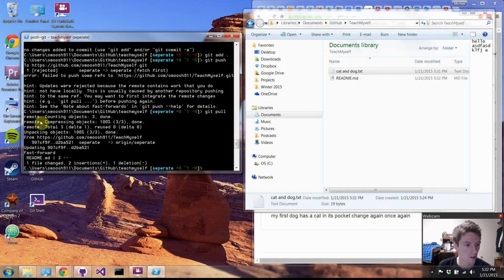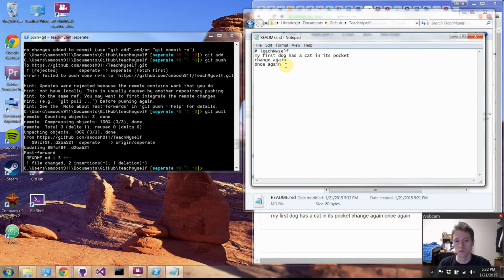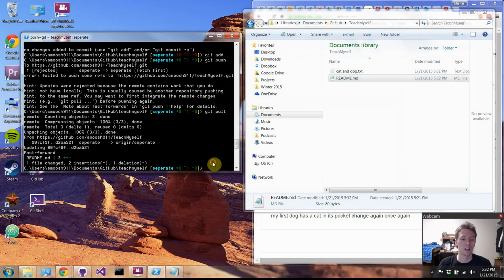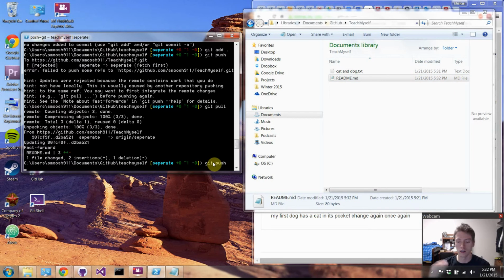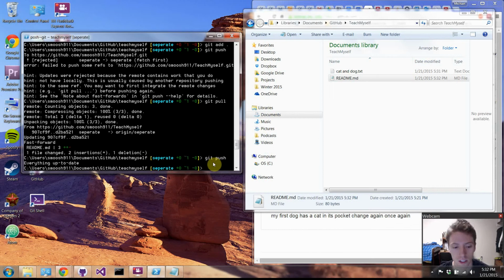So now it says, okay, you've got stuff that you need to pull, it changed the readme file, one insertion. So then you look at the readme, once again it's there, and then you can say git push now, and it'll actually push to the server. Now there's something important here, and that's conflicts, and so if I change something,